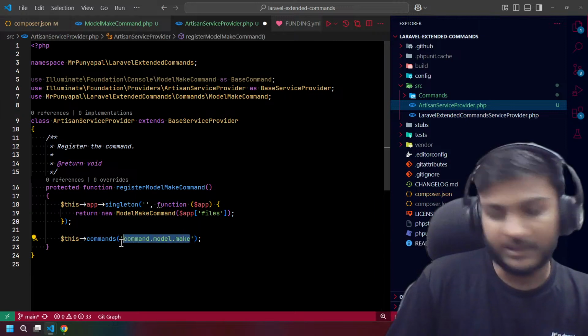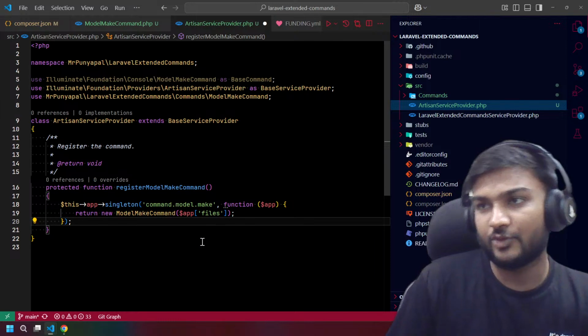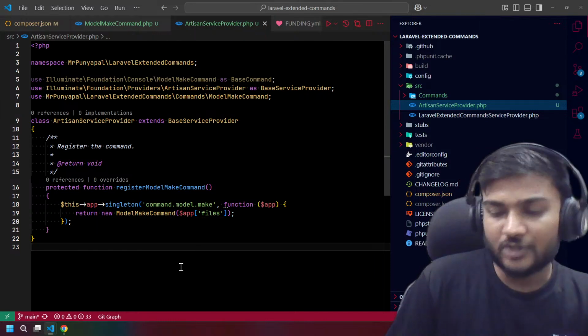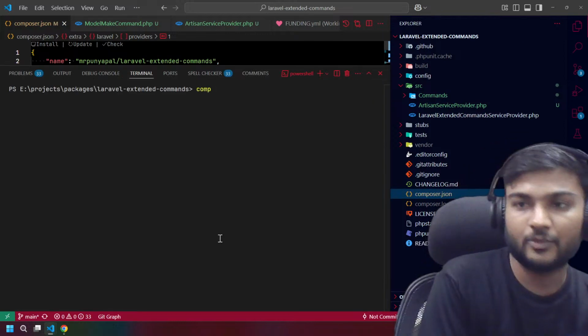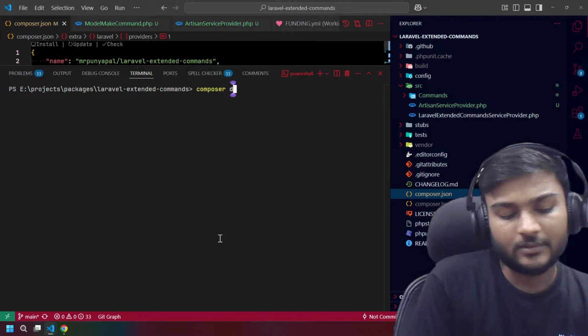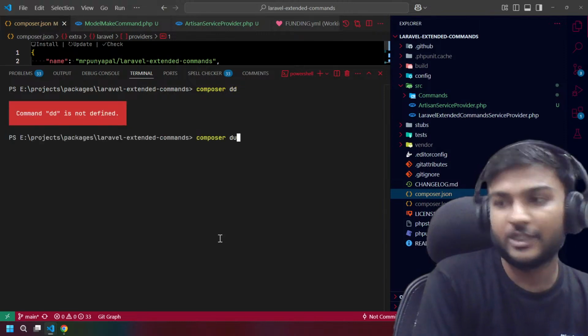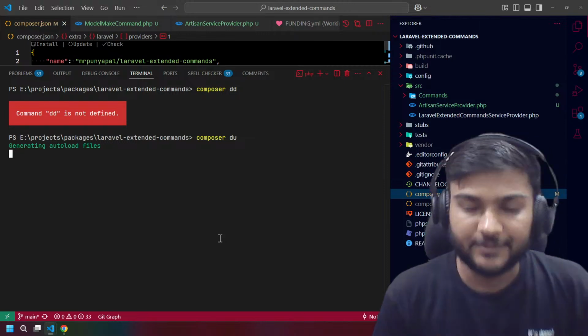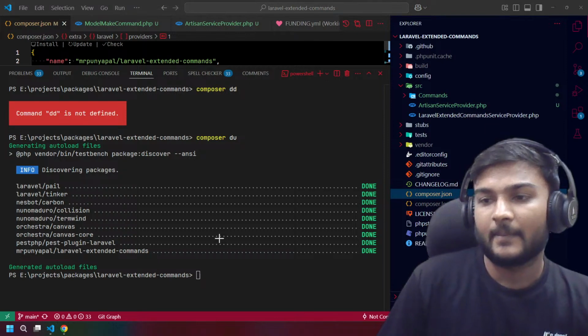So this is what we need, and let's remove it. I think we need to dump autoload here also, because of composer dump-autoload, yes, it is for autoloading.